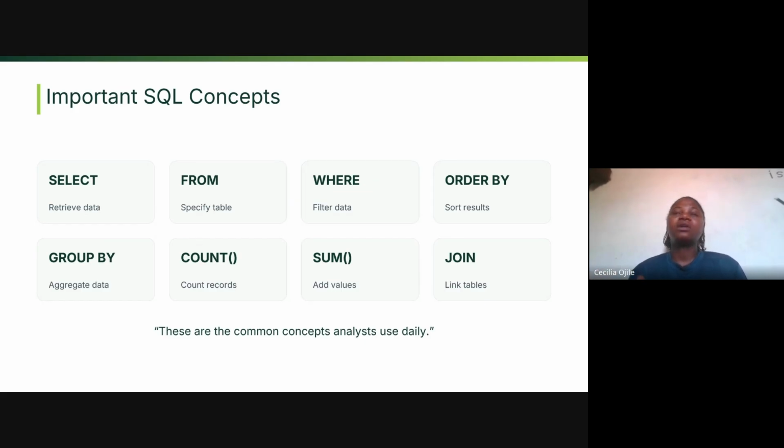And join, very important when we have to do with several tables of data. When we understand the structure of data, we understand that a proper structure does not just come in one table, right? When we start talking of modeling your data, you realize that your data has to be structured and stored in a proper format, so that analysis, retrieving, and what have you will be easy. And most of the time, data does not come in one table. Maybe you have your customer table and you have your product table, and you want to see which customers are patronizing you more. Maybe you want to give a bonus to encourage customers that are patronizing you, and you have your customer table separate from your